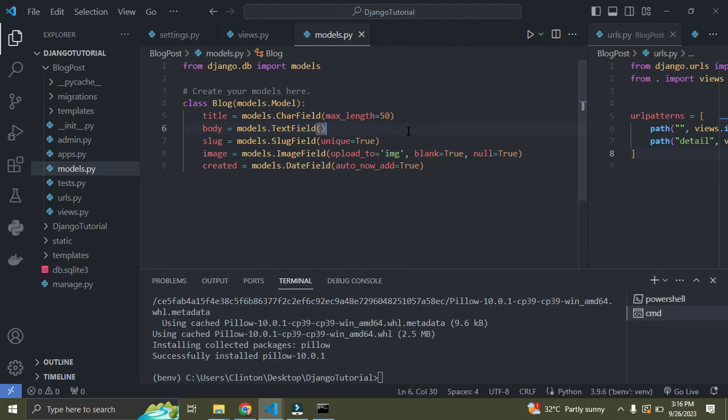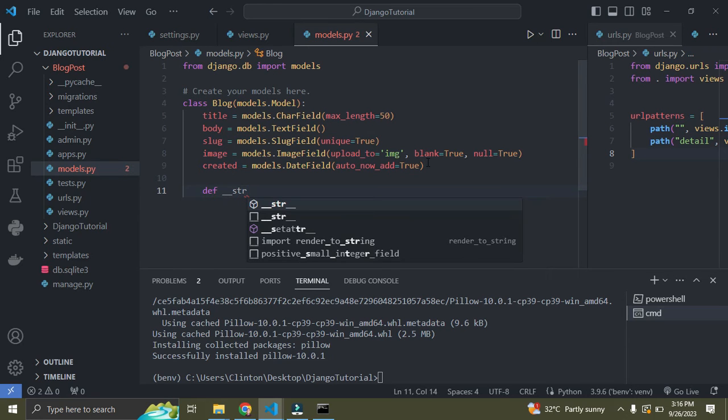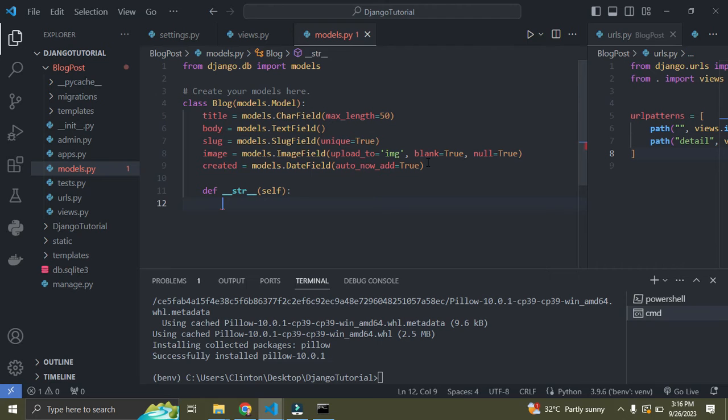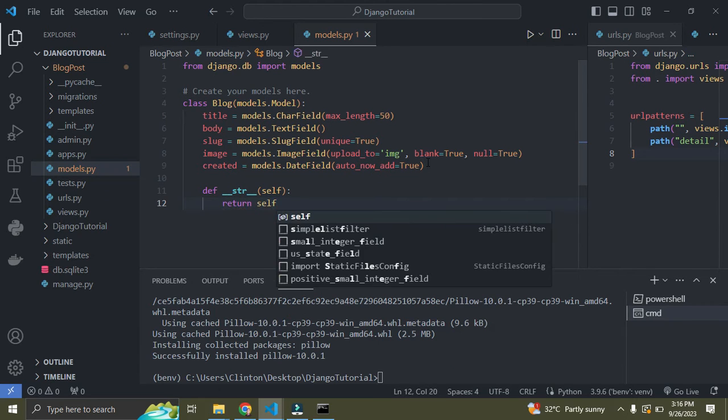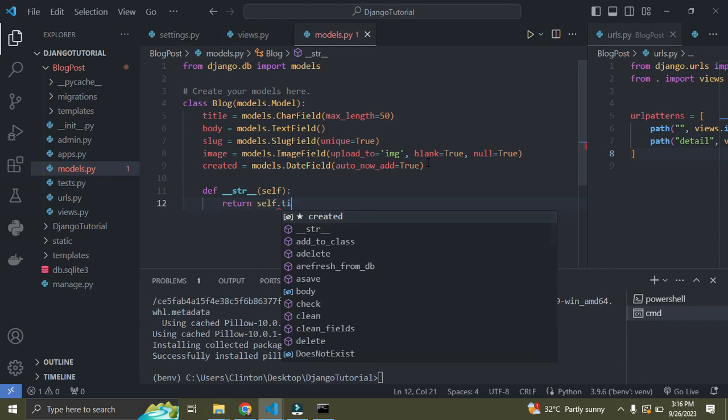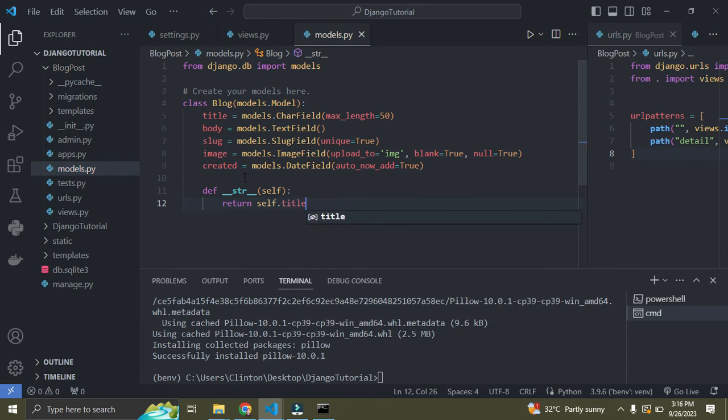As we've done this, I'm also going to create a string function here. I'm going to say def. This string function, I'm going to show what it does for us. I'm going to simply return the title. I'm going to say return self.title. Okay, I'm going to explain what this string function does. But before now,